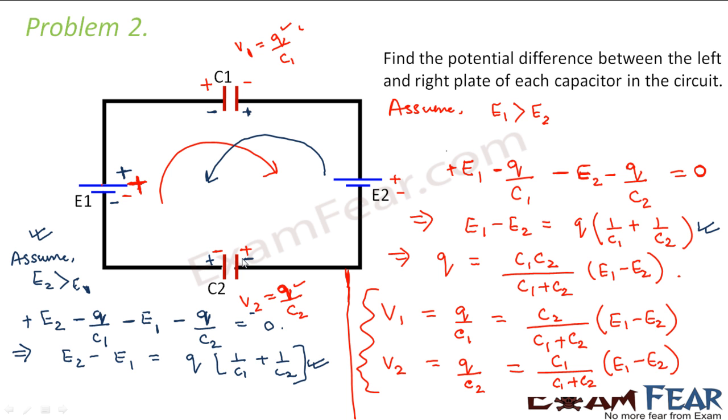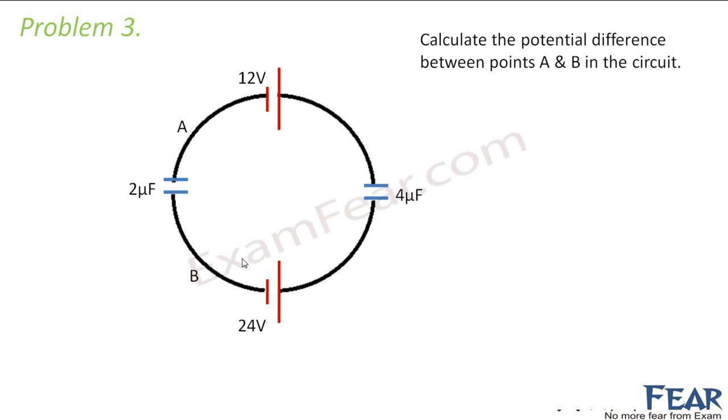So wherever you have two batteries in a single circuit, you assume that one is higher. And by convention, you assume that the charge flow starts from that battery. Starting from that battery, you assume the direction of the charge flow and then write down the equation following the convention that the sign you put, plus or minus, depends on the plate from which the charge is departing. I hope I am able to explain this to you. However, I will solve some more problems now where we will use the same concept to make things even clearer. So let us look at the next problem.